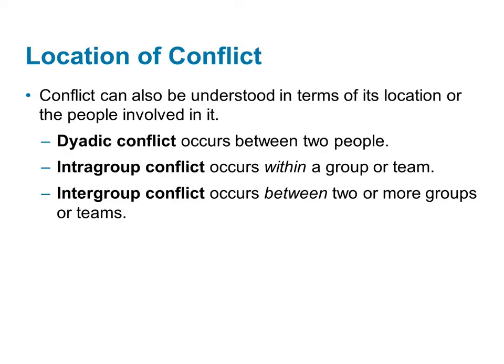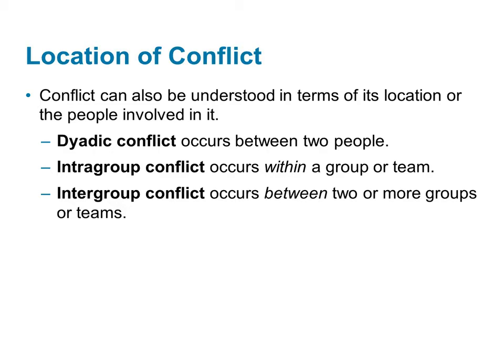Inter meaning between. So most of the research focuses on conflict within the group. And again, the research suggests that a supportive climate is a requirement for functional conflict. Group members need to be able to trust one another and feel safe to disagree if it's good for the group. So positive relationships tend to provide a buffer against the negative aspects of conflict.